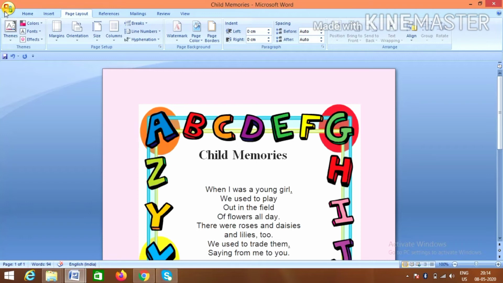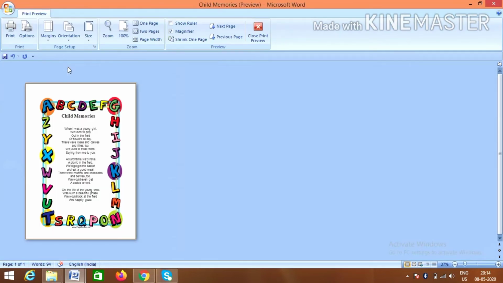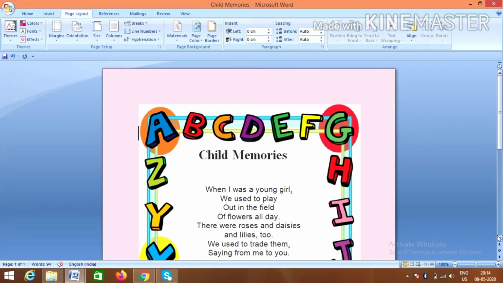Very nice. I'll again do print preview. Students, while doing print preview, you will not see the background color, but don't worry, it will come if you take any printout. So this is very nice, very beautiful, and in this way you can download various frames and borders, and then give your document a very professional look. So with this we have completed learning how to give page borders from Microsoft Word, and also downloading these borders from the internet as well.